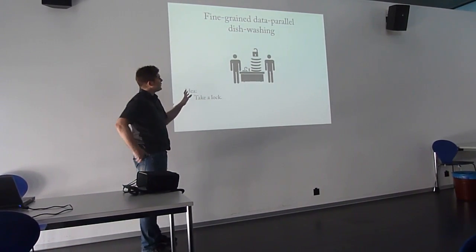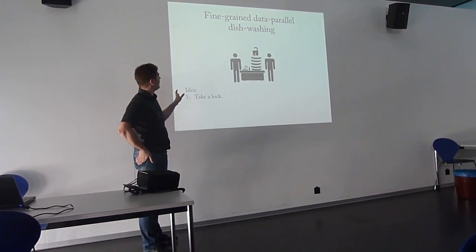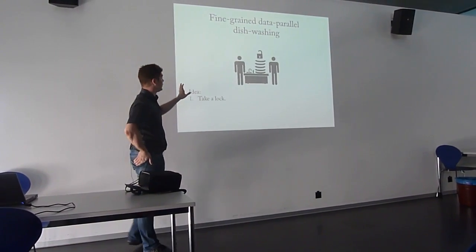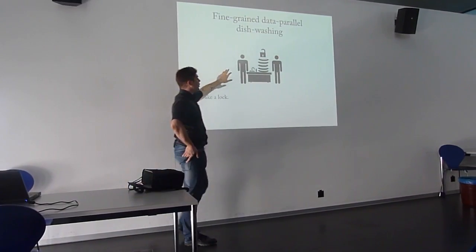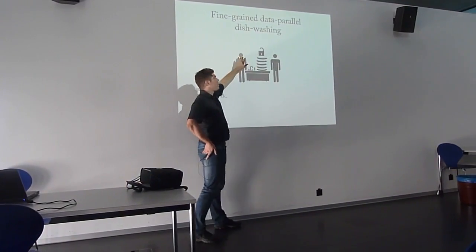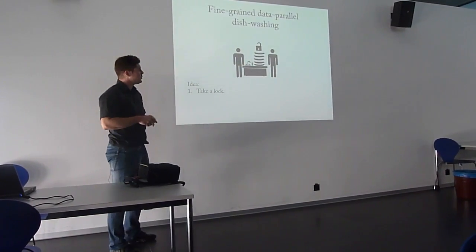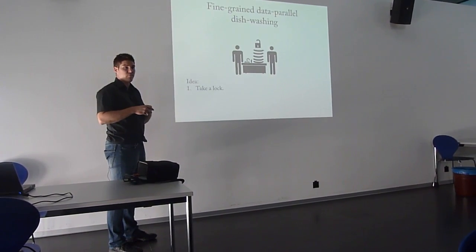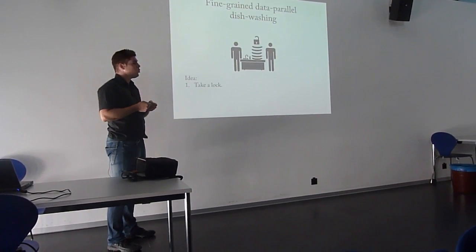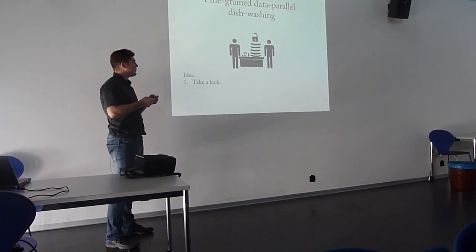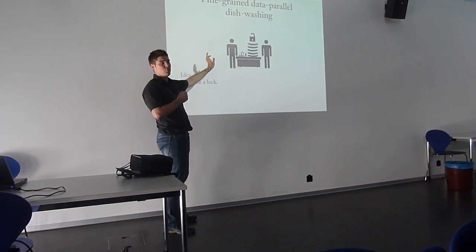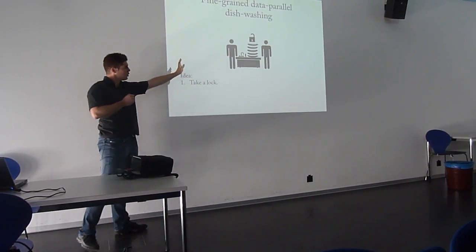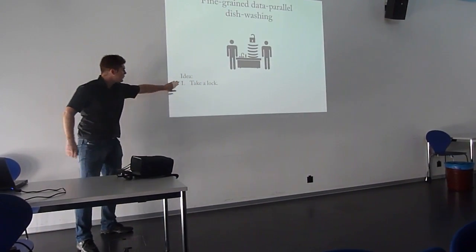So here's another idea that you can use to avoid this kind of synchronization problem from happening. And it is to use some kind of an object called a lock. Okay? So what is a lock? Well, a lock is an object which, when you're holding it, nobody else can do something. In this case, if you're holding the lock, nobody else can take the plate until you put the lock back. So here's the idea of the algorithm.